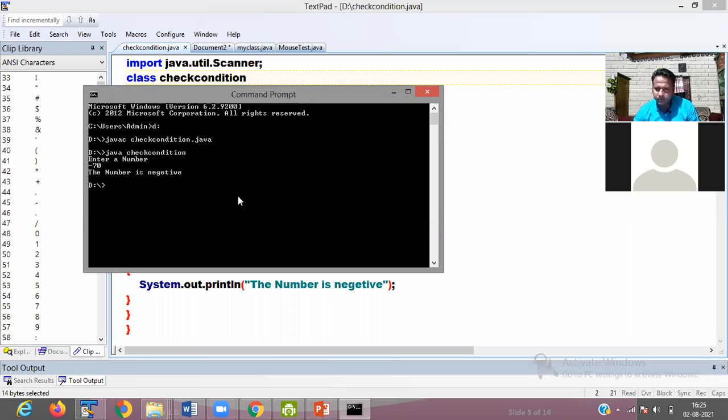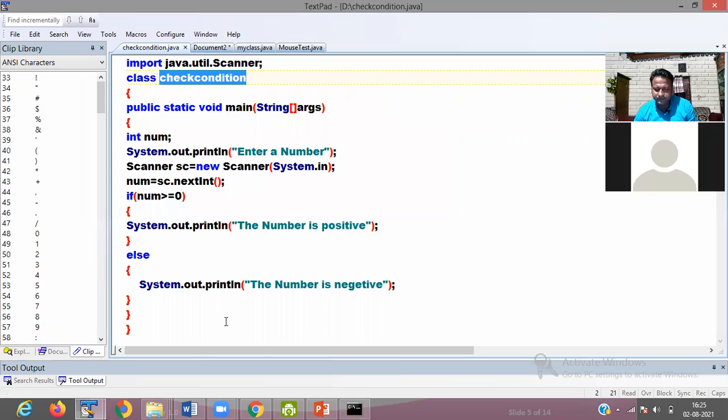So this is the else block that we are passing.